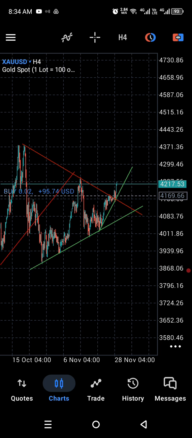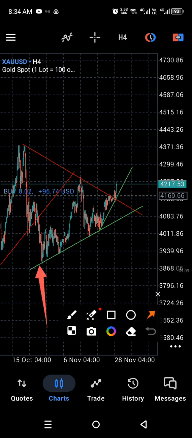So now, since we have finished drawing the trend lines on the 4 hour time frame, we go to the lower time frame, which is the 1 hour. But like I said before, your last touch point on the higher time frame becomes your first touch point on the lower time frame. Let me give you an example. If this point was point A, this one point B, this one point C, and this one point D, now this point D becomes your point A on the 1 hour